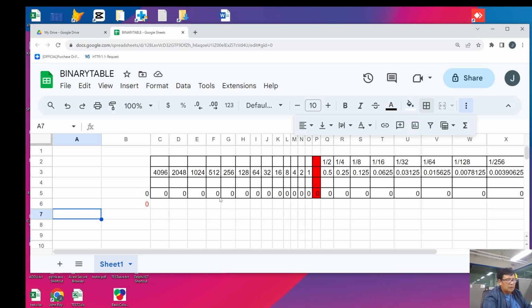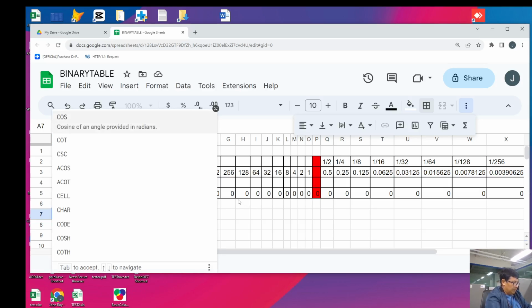Now, the last formula that I'd like to show you is the result. Maybe we can put it here. It's much easier so that we can put it in a higher font. What we will do is just use the concatenate formula in Google Sheets. In Excel, it's CONCAT. We'll use equals